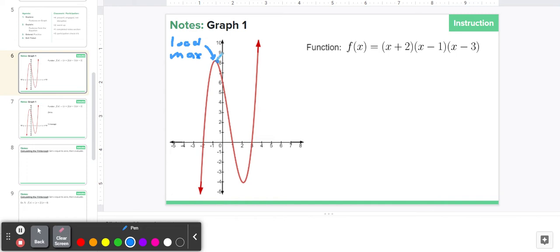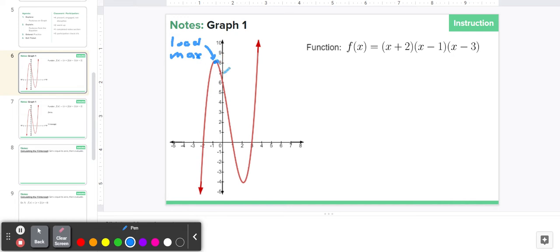And we call it local because if we continue tracing up, right, and we reach our end behavior with this arrow, our graph would go on forever, all right? We would reach higher values, but we have a local max here because we have this little hill in our